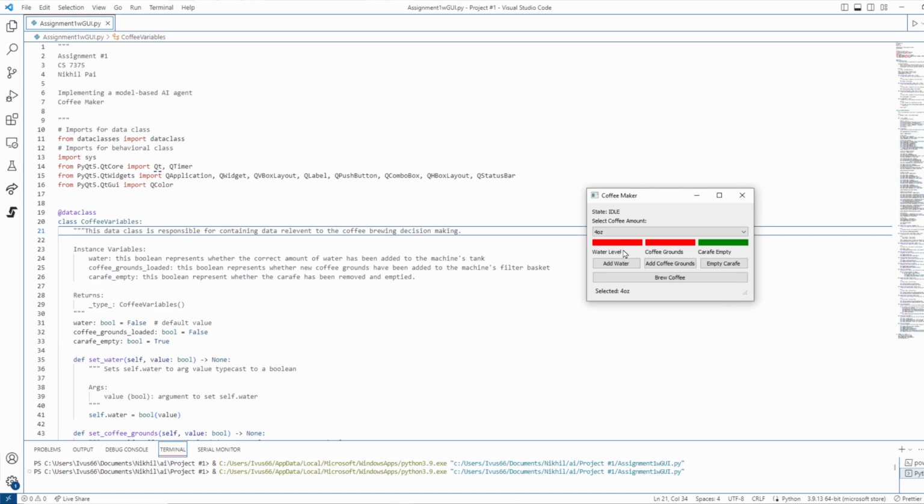So this LED represents whether the water level is at the right level, whether we have good coffee grounds in the cartridge, and whether our carafe is empty, ready to be filled. So we can add the correct amount of water, we can add our coffee grains. And now that all LEDs indicate that we are ready to go, they're all green, we can hit the brew